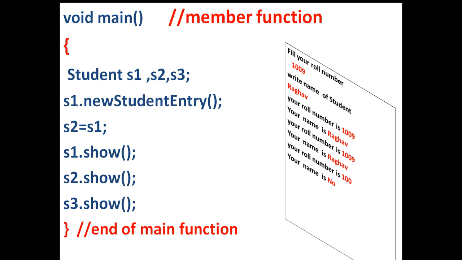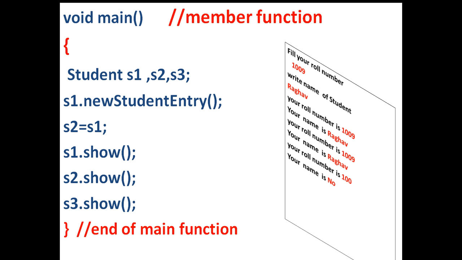So in this program, two constructors are being used. Whenever we declare S1, S2, S3 objects, first the simple constructor will run, and that constructor will store the same value into S1, S2 and S3. And another constructor is the copy constructor that we are using, which will be executed when the compiler reads the S2 equal to S1 statement.